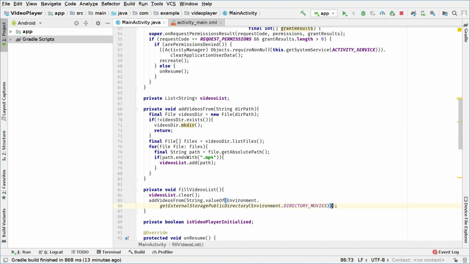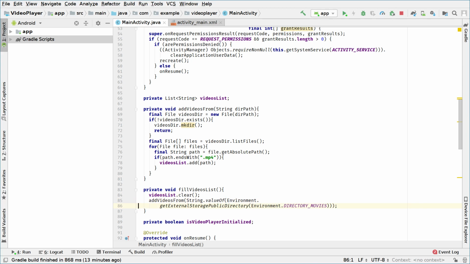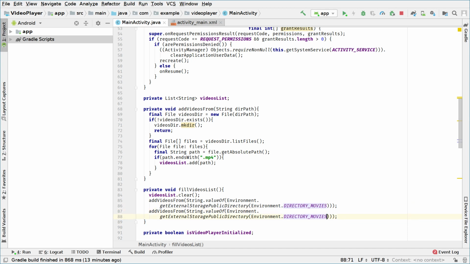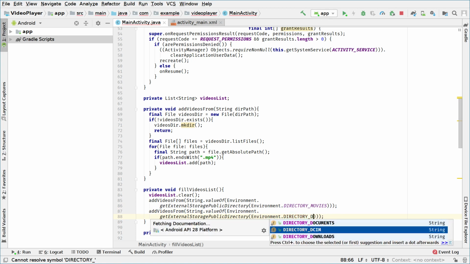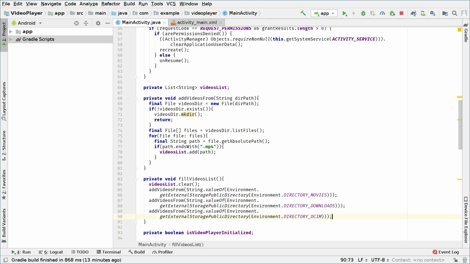Now we are adding the videos that are in the movies folder, but maybe we also want to add the videos that exist in the download folder. So here we will copy the same thing and change movies to downloads. And maybe we also want to add more videos from the DCIM folder, which are the videos that we record with our camera, for example. So we have three. You can add more if you want, like documents or something else that may be useful. For now, we will use these